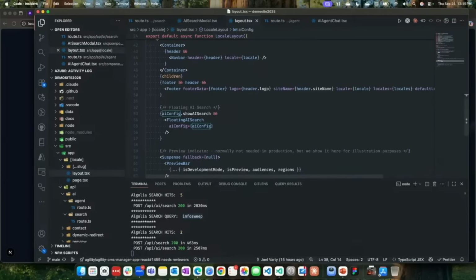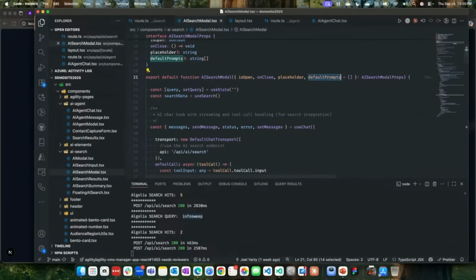There's a bunch of prop drilling. I can't remember where it is. Oh yeah, so we have this floating AI search thing, and then it's all subcomponents of that. I'm not going to go through all the React stuff, because if you want to, you can figure that out. Let's just dig into the actual AI part of this,